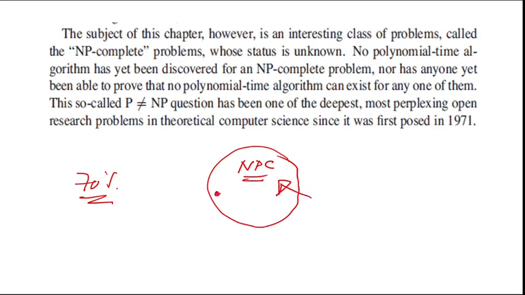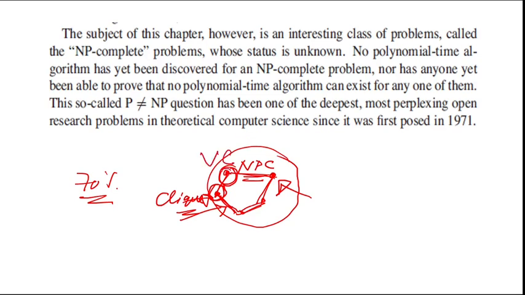But the beauty is that these problems are many, and people believe that these problems are also connected to each other. That means if you solve one problem, suddenly the chain will be broken. But nobody has been able to come this far and crack any one of these problems in polynomial time. But they believe that these problems are connected to each other. I will give you an example. Let's say this problem is the clique problem. There is a clique problem in our syllabus, and then clique to vertex cover is another problem.